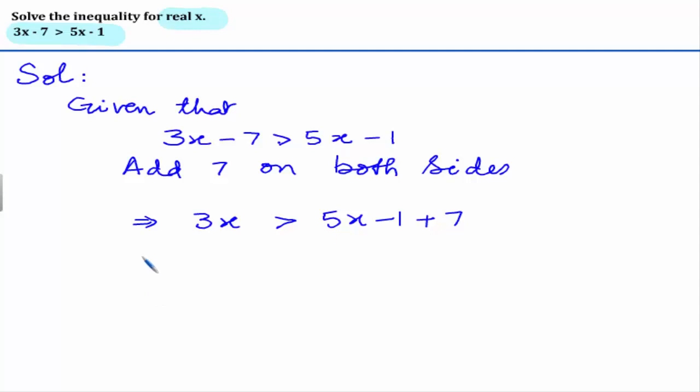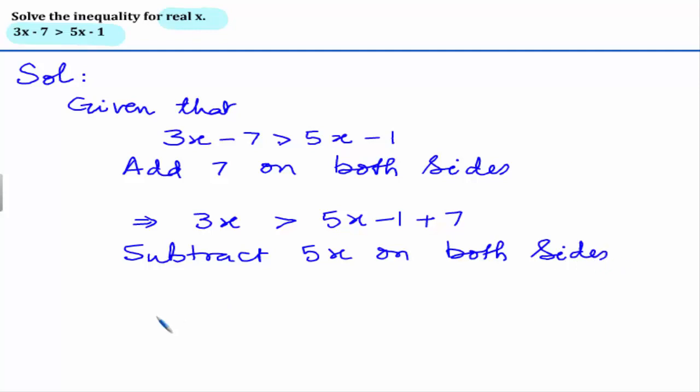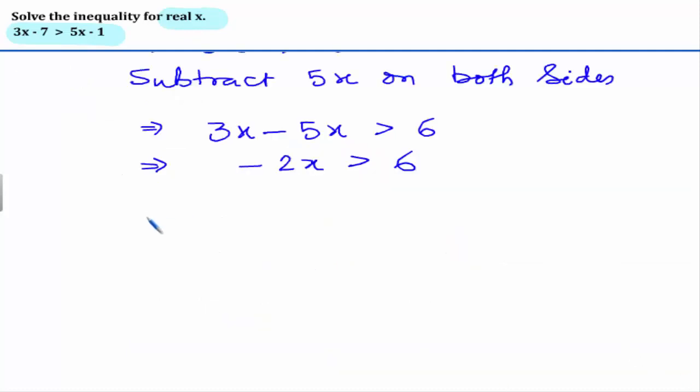And now let us subtract 5x on both sides. We get here 3x minus 5x greater than 6, and this will give us minus 2x greater than 6. Now let us divide both sides